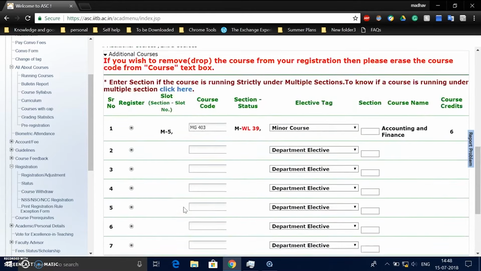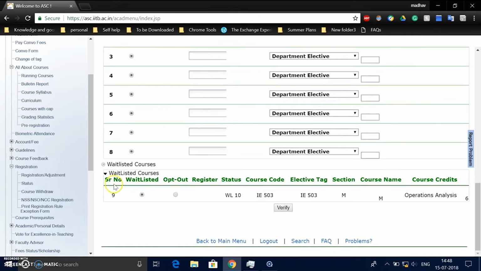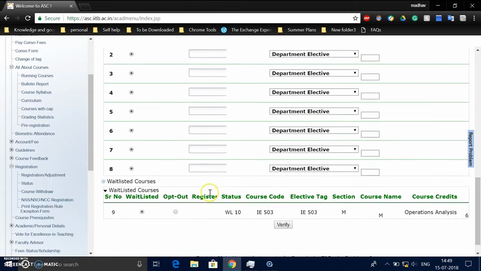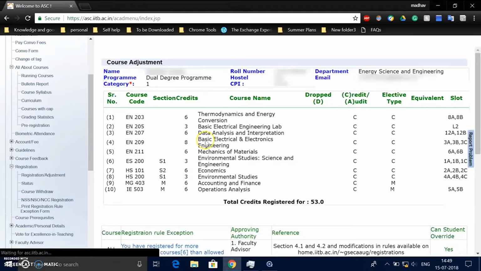So the next section is waitlisted courses. This will display all the courses which I have been waitlisted in. I had registered for IE 503 before making this video, and this is my waitlist number. So this means that 9 people are already there waiting before me to take this course. All right. So when I verify this,